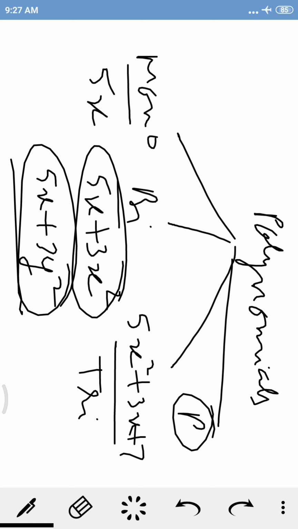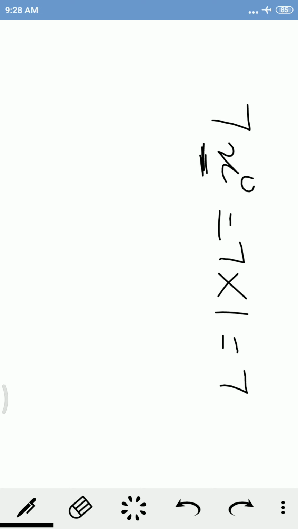But here we are going to discuss only about polynomial in one variable. Now, if I write 7, so 7 is also a polynomial. Any number is also a polynomial, and that is a monomial. Now, how is this 7, or any number, a polynomial? This 7 can be written as 7x raised to the power 0, or any variable you can take. Now, you know that x raised to the power 0 will be 1, so it will become 7.